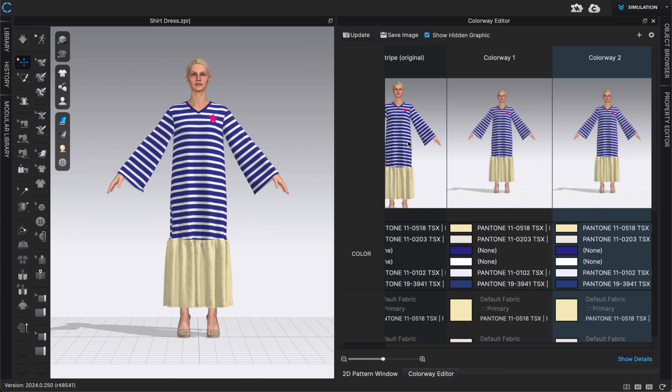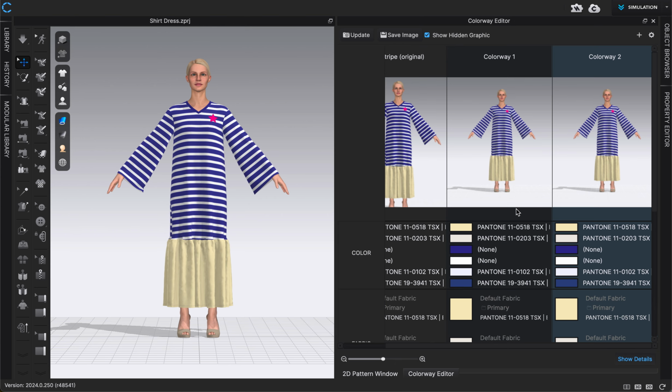I'm not going to touch my original, which you probably typically won't either, because if you wanted it to be different, you would have just created it differently here. But you can always edit this one too the same way as your normal colorway, but you'll probably be leaving it the same. And you'll probably be just working on your other colorways since that was originally how you created it. And so we can go in and we can edit any colors of this garment or edit the prints